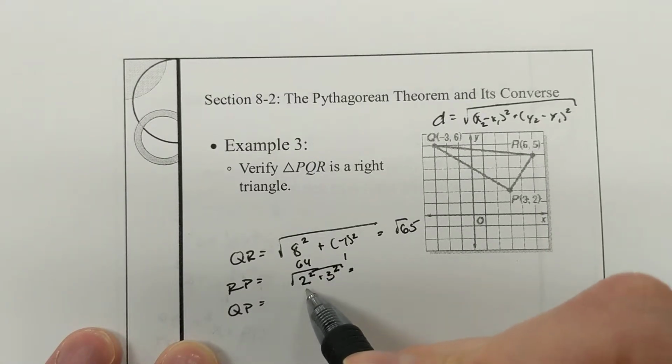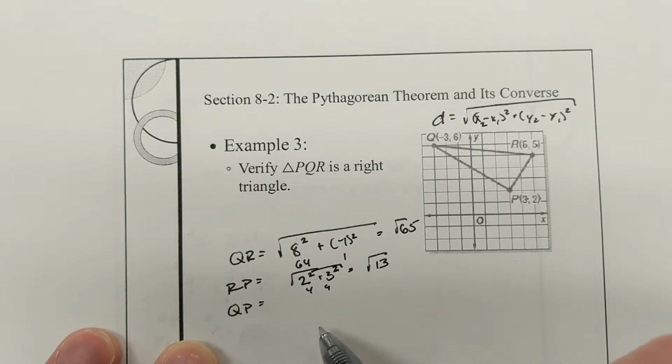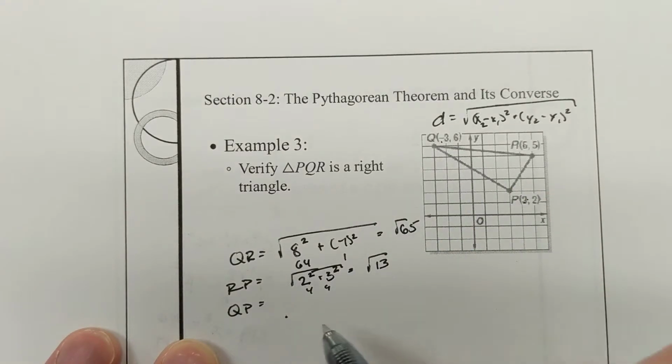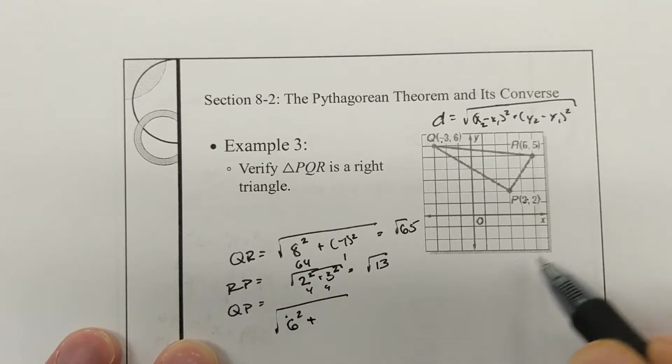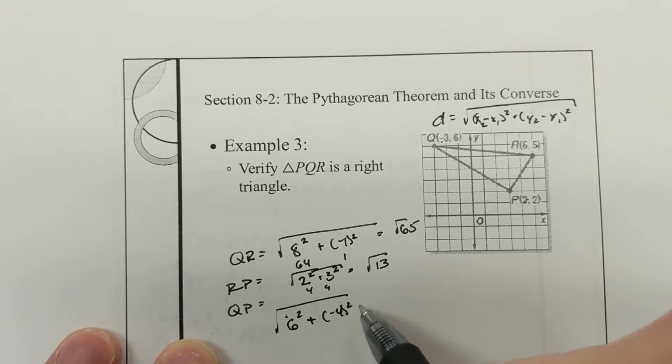So that's 4 and 9, so that's root 13. And for QP, x minus x, 3 minus negative 3 is positive 6 squared, plus y minus y, 2 minus 6 is negative 4 squared, so that's 36 plus 16